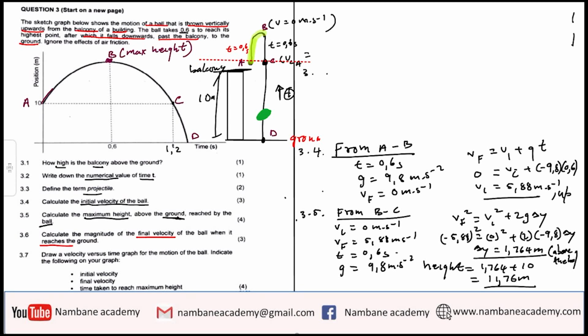But I'm going to try the easiest one. The easiest one will be to say at 3.6. I will delete these things, don't worry. 3.6. Now I want to start from